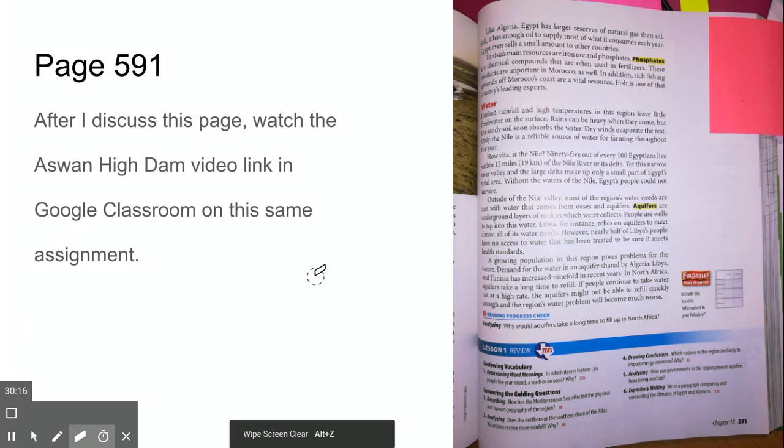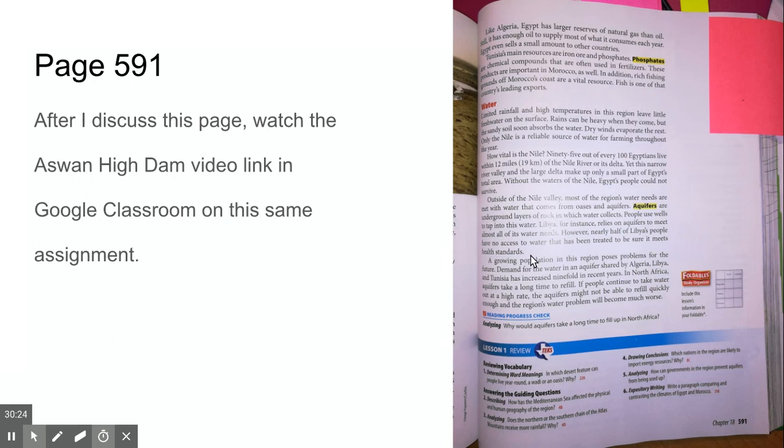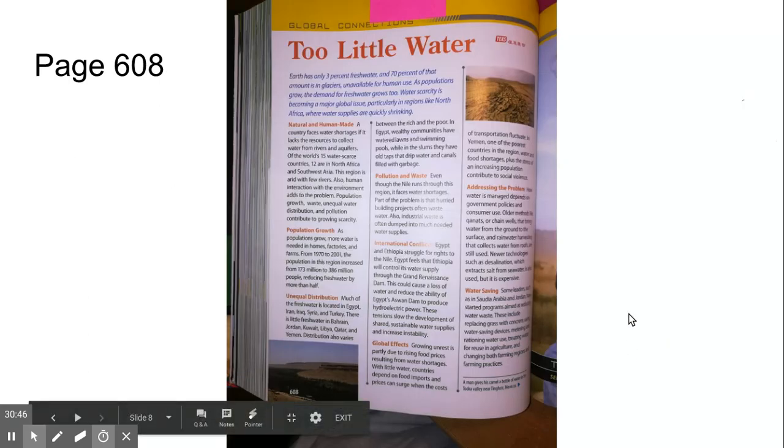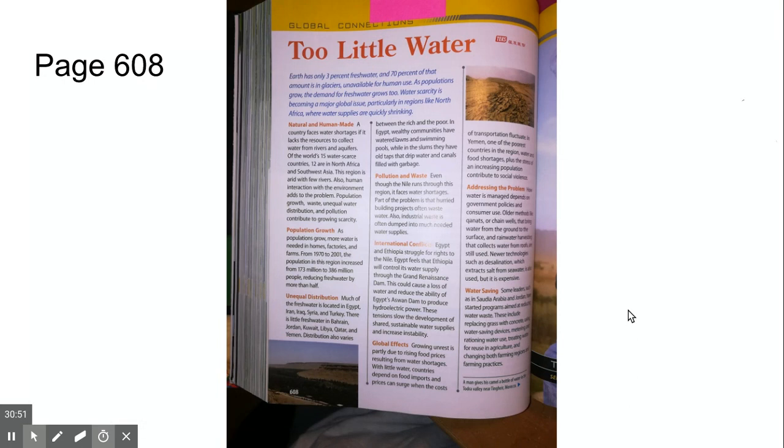All right, so that gave you a little overview of that dam project. You got to see the sheer volume of water that flows through those floodgates at that dam, generating a lot of electricity for the region. The last page I'm going to talk about is page 608 in the textbook. So if you put your textbook up, get it back out, turn to page 608. On 609, you see the camel drinking out of the water bottle. But I want to just point out a couple of things